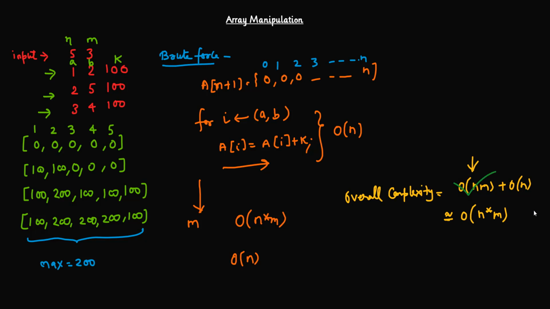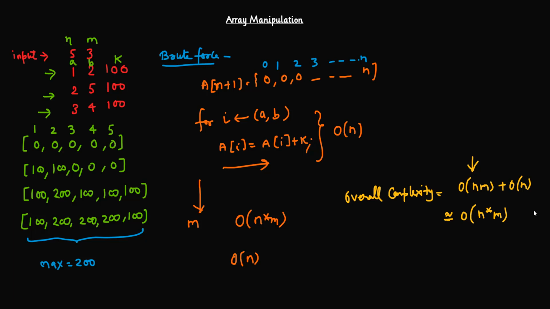It means how it's coming O(n)m is because of n queries, and for every query we are taking n time. So where is the possibility? See, we cannot do anything. If we have n queries, we have to process the n queries. We cannot modify that ourselves and say okay, don't process n queries, I am going to process only some queries, 1 or 2 queries. It's not like that. So at the end we are going to process n queries. So we cannot reduce anything here.